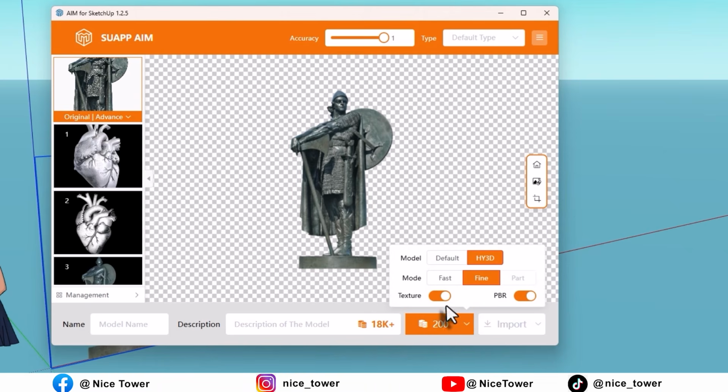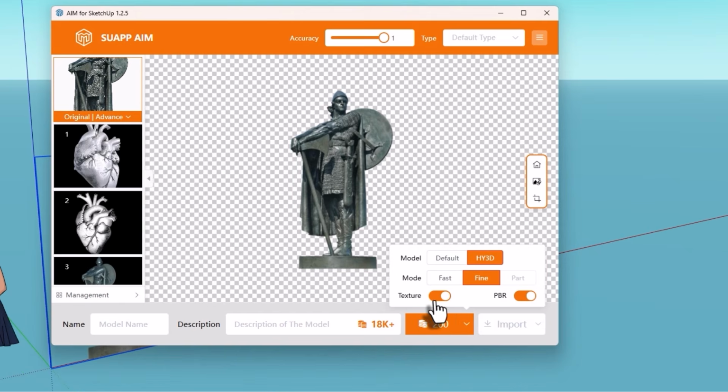And we have 2 other options as well. We have texture and PBR. We put these settings on because with these settings on, we will have the best texture, and the PBR, which is the reflection and the things, will be super nice. We click on this